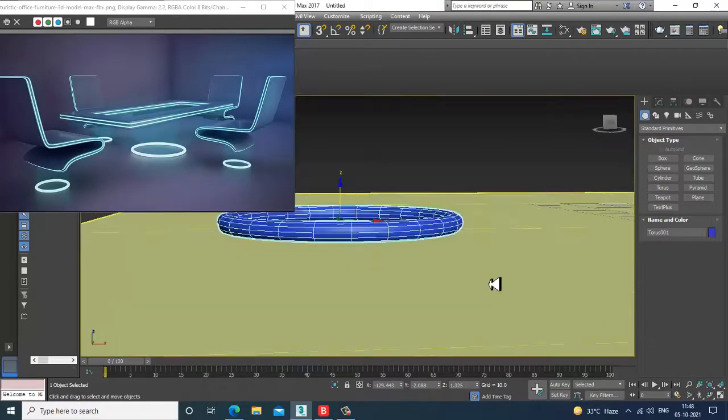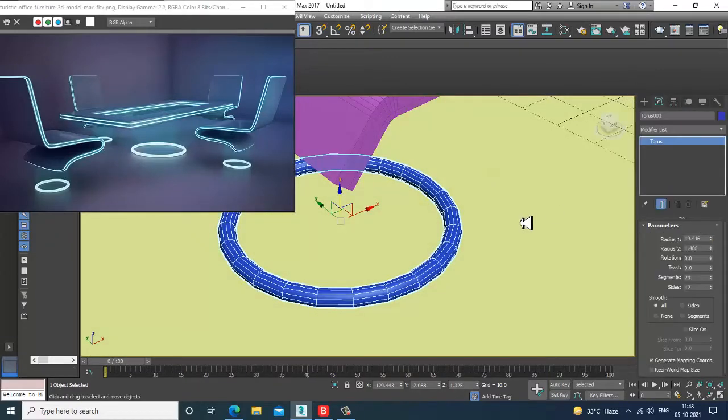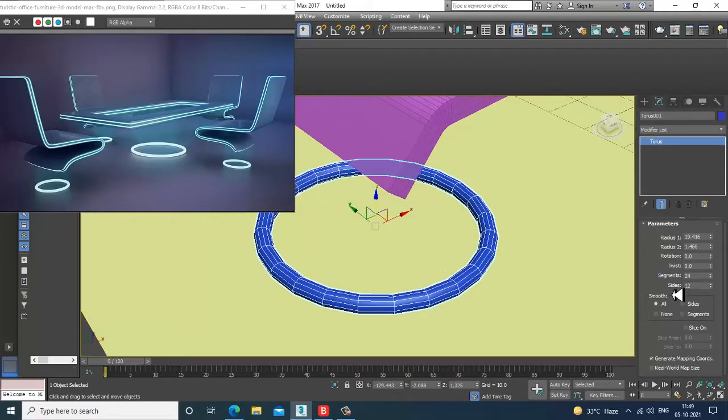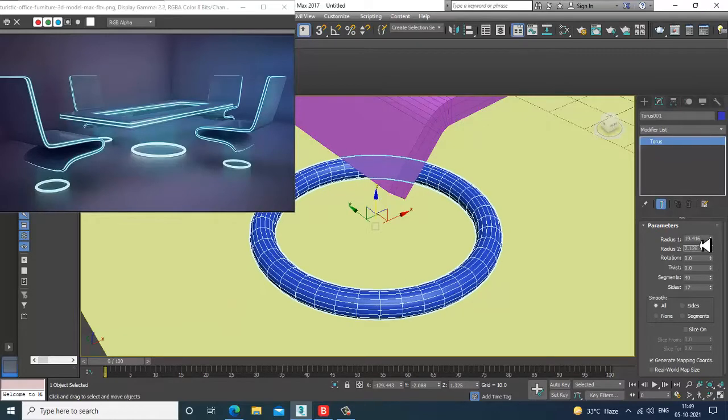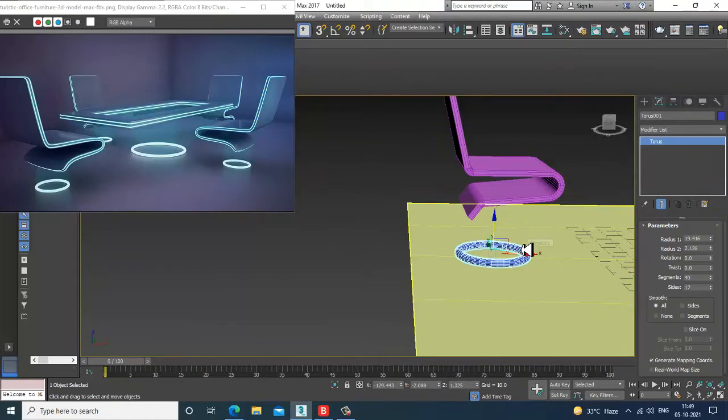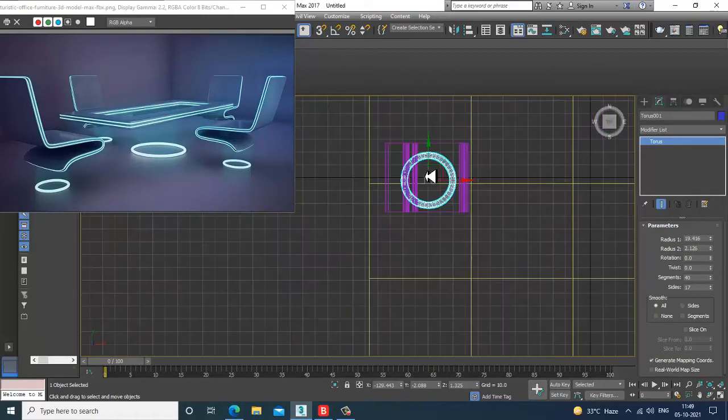Let's increase the segments, and you can increase a bit of its radius. We are putting it at the right bottom over here and scaling that.